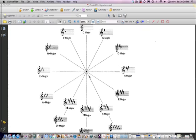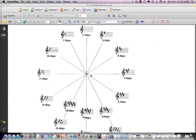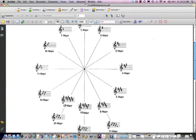Class, this is a video about memorizing key signatures and learning to draw the circle of fifths. Here's a document showing all the major keys, okay? And the suggestion is that if you have to draw the circle of fifths, you start with C at the